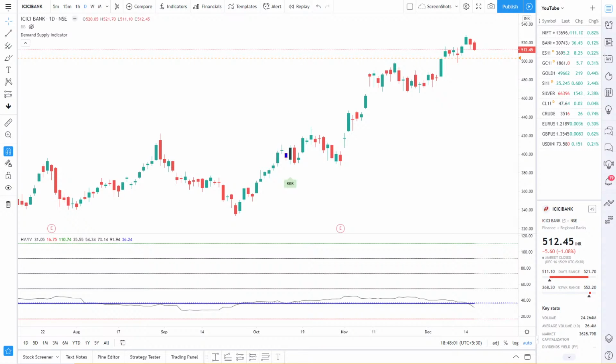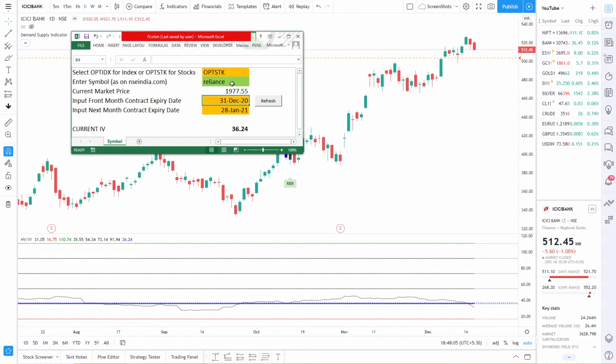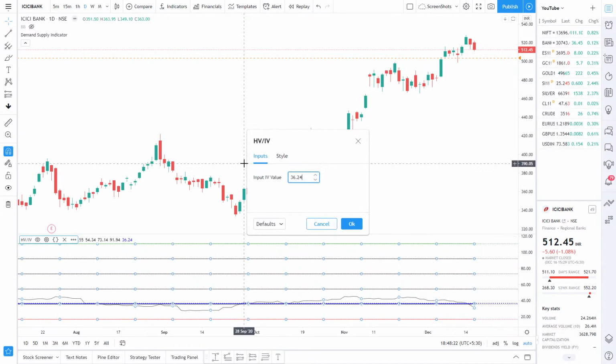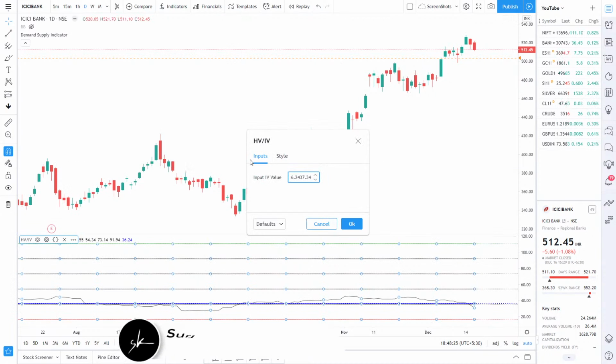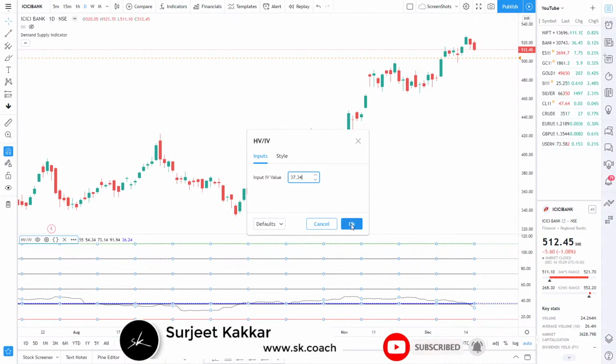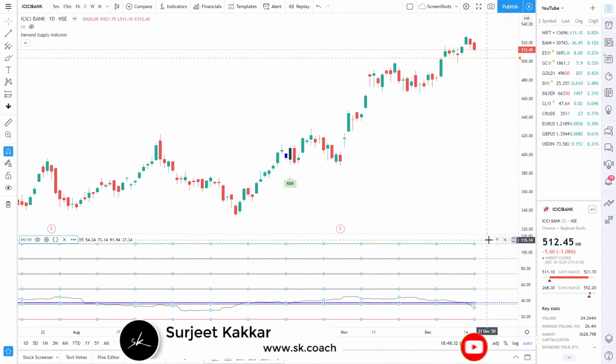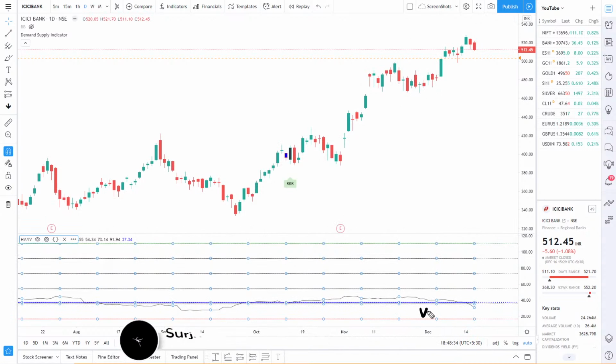And now what I'll do is I'll get my value of implied volatility. So I'll bring up my Excel sheet. I'll say I want ICICI Bank. And let's wait for this sheet to get updated. And you can see my current value is 37.34, right? So what I'll do is I'll change this to 37.34. And now I understand that if I look at my implied volatility, we are not very deflated,